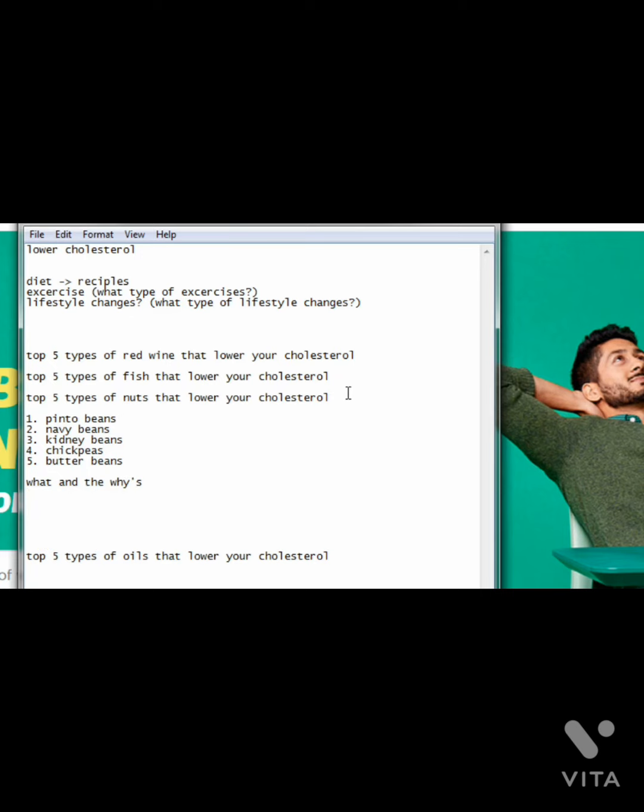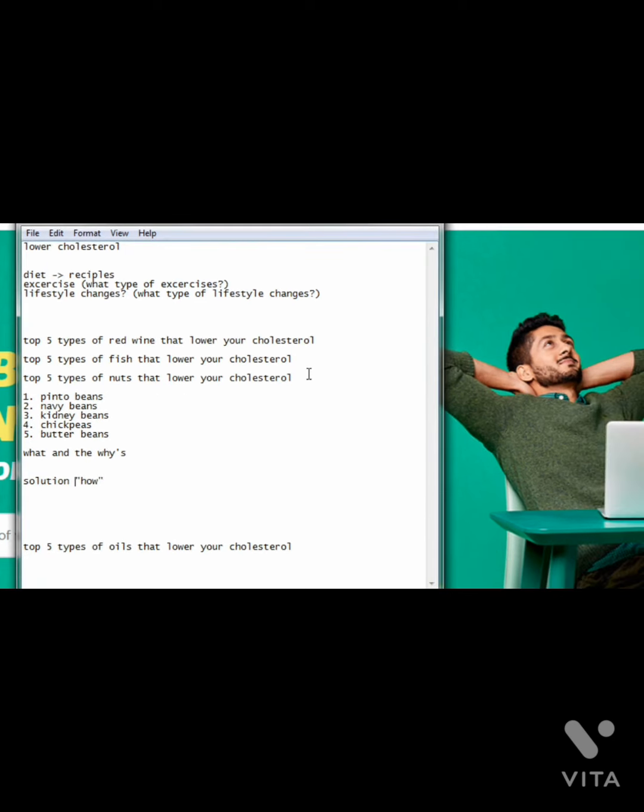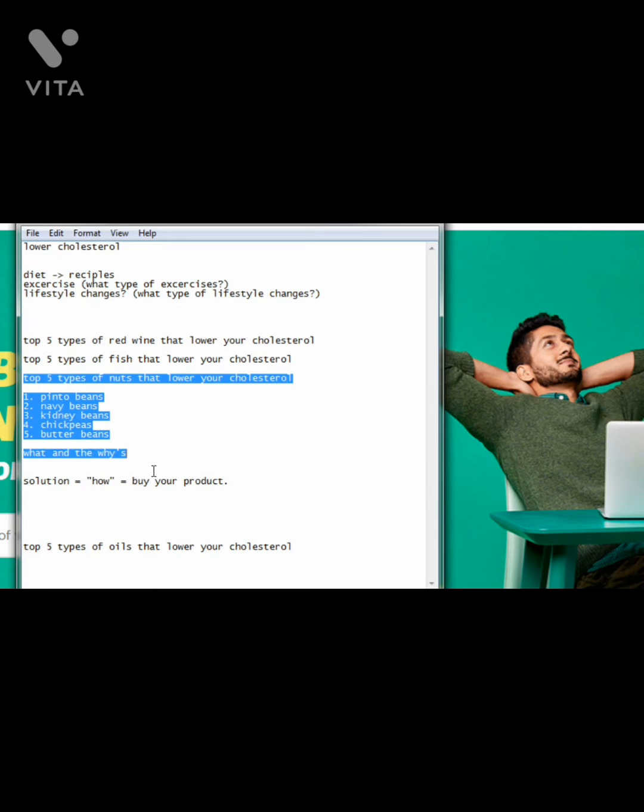So basically, this is how it goes. As far as writing a blog post, to make sure that they convert, you always want to cover the what and the whys. You can cover the whens, that's fine, but you don't really want to cover the how. The how is the solution. So the solution is a how, and that essentially is what you are trying to get somebody to buy your product. So you get people interested in lowering their cholesterol. They learn about the whats and whys, and now they need to learn how to do that. All right. So that's how to create a high converting blog post at a very, very fast pace.